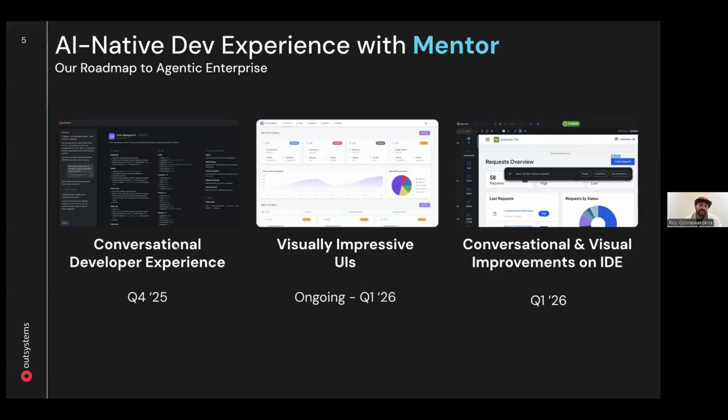That means we want the input of the specification to be conversational. We want people to be able to describe what they want and keep iterating conversationally through the input, to be able to extend the functionality that you're building from the outset. That is already being released to our customers. This will be generally available to the public by January of this coming year.